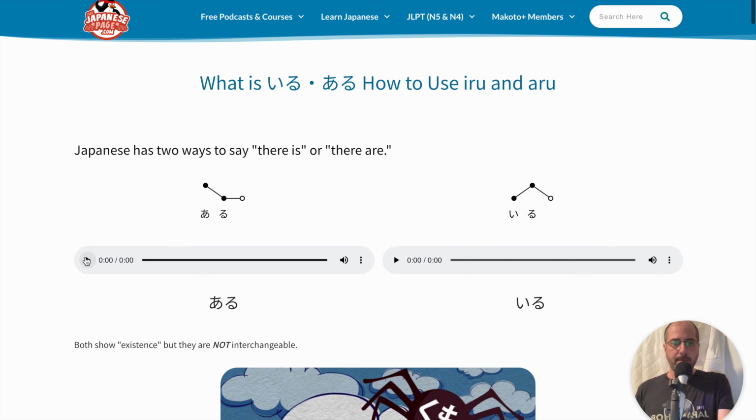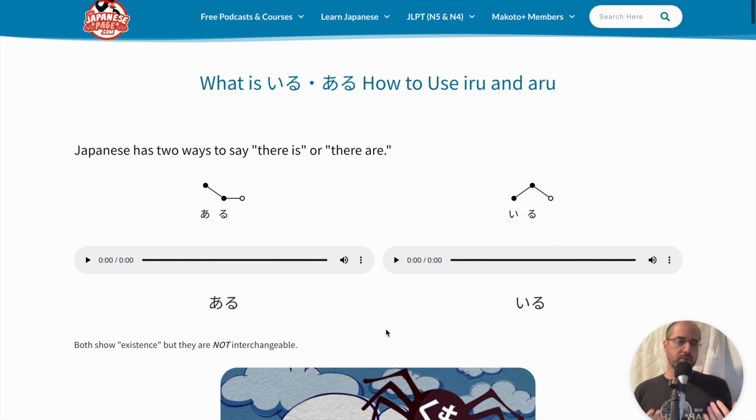ある、 And then iru. いる、 If you noticed, the only difference, other than the sound a and i, is the pitch accent. Aru starts high and it goes down. One more time. ある、 And iru starts low and it goes up slightly. いる、